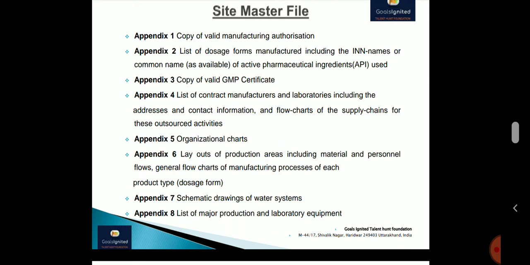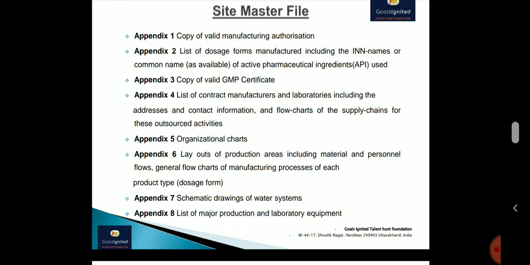In any case, the contents of the site master file should not exceed more than 30 pages. If we attach the appendices, 10 to 15 appendices may be added, but in any case it should not be more than 40 pages. If you have a very big site master file, it will not give a good impression to the auditor or the customers who are asking for the site master file, because it contains only the specific and very useful key information about the site. So no need to go further.